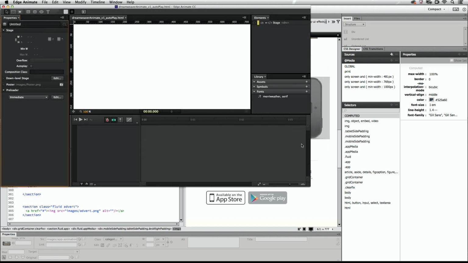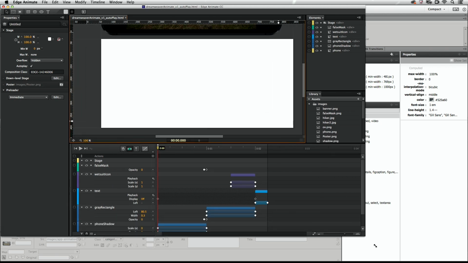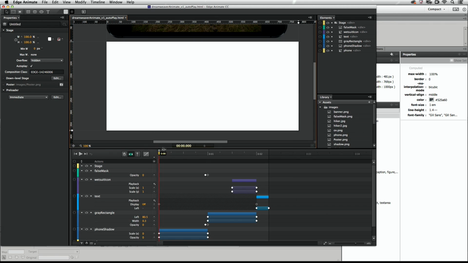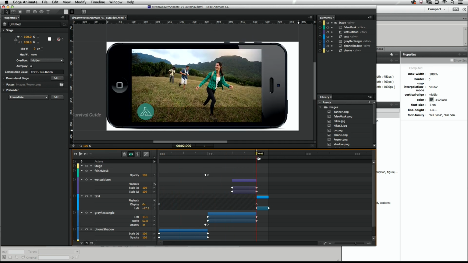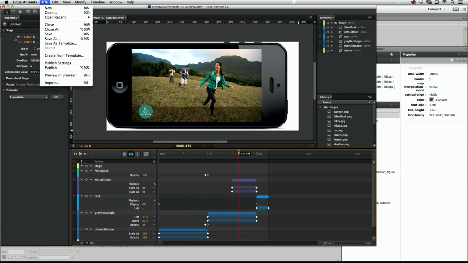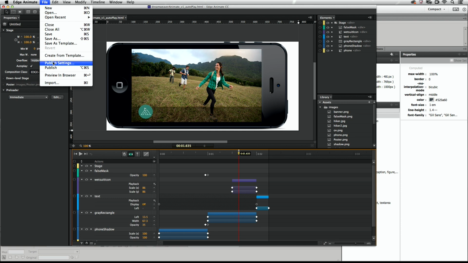Okay, so inside of Edge Animate, you've got a timeline here to create animations over time, so you can see we've got different elements popping in. We've got a timeline very similar to Flash. On the timeline we can put on keyframes, we can put in easing, we can put in properties for the object, etc. Once you've created your animation, what we can do from here is just go to Publish Settings, and